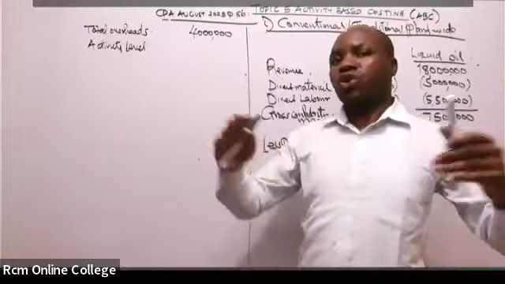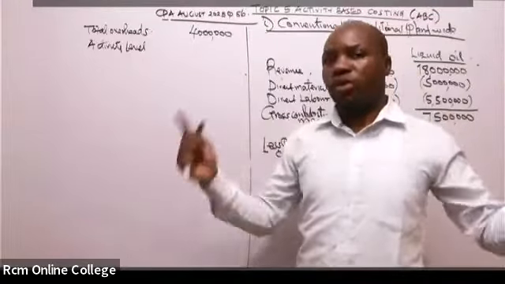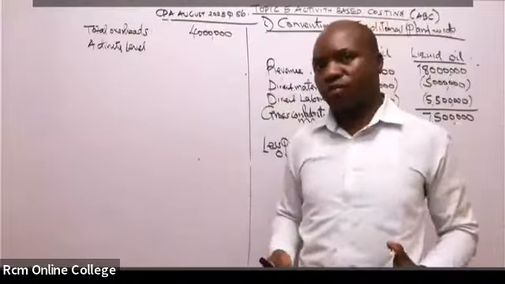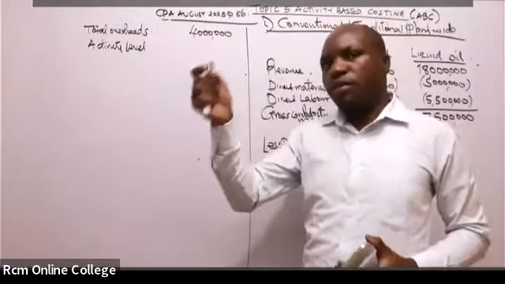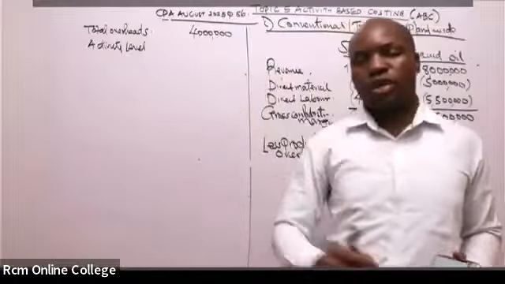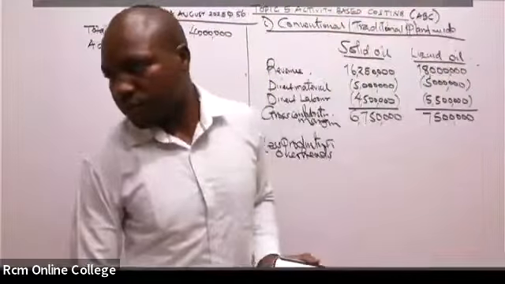Can we now get the total budgeted labor hours for the two products, or for the entire organization? 50,000 for the solid plus 50,000 for the liquid. That will give us